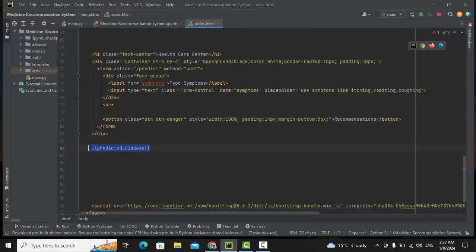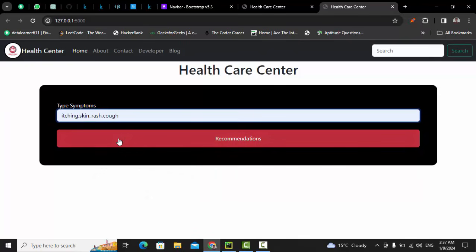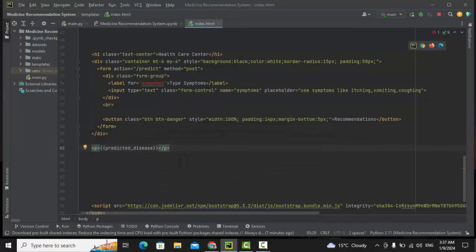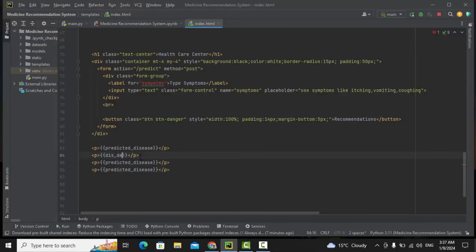Actually, let me print it in a tag so that it looks a bit better. So yeah, if I paste some, let me try it out. As you can see, fungal infection, it's printing here. So if I print control D, and after that I have D's description, then I have D's precaution, then I have D's